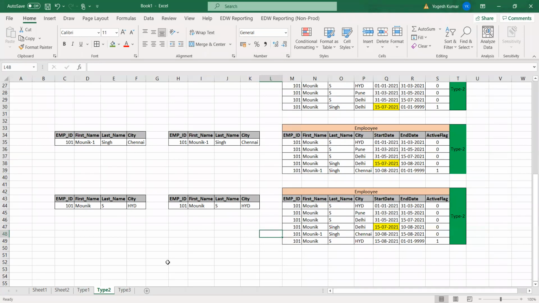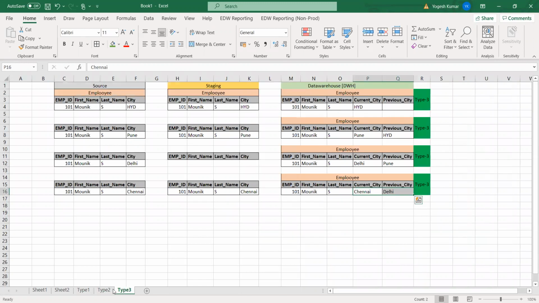Okay. So are we good on type 1, type 2, and type 3? Yes. Okay, Yogesh, one doubt is there. In type 3, we are capturing the previous city information with respect to the previous record. But suppose we want to store the first name, last name, or some other column information.